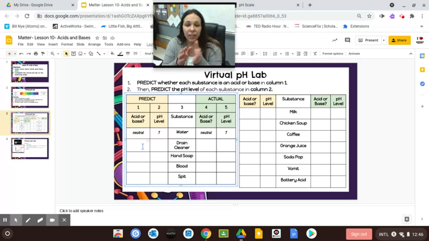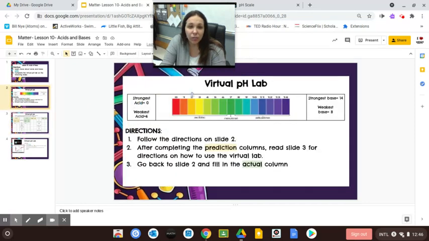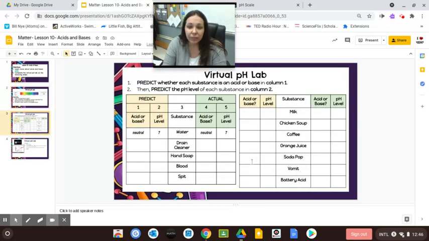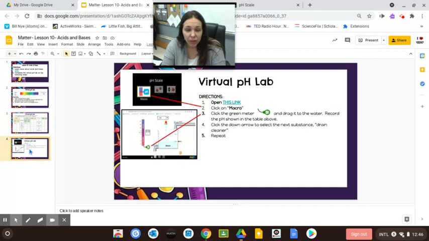And then in the second column, where do you think it would fall on the pH scale? Now, if you said acid, you're going to want to pick a number between 0, very, very strong acid, to 6, which is closer to water, which is really not harmful to us at all. Think about it that way. And then you're going to do that for every single substance on here. Okay, and then when you are ready and you have all your predictions made,